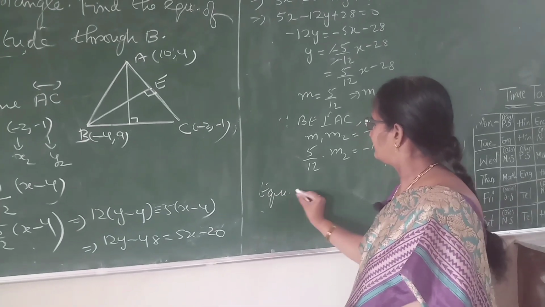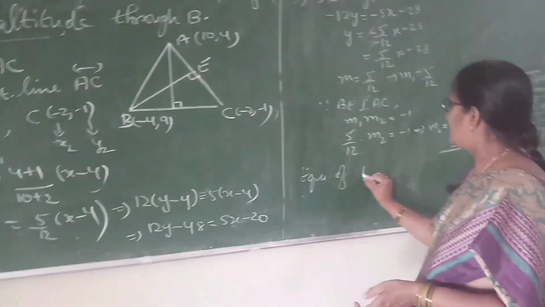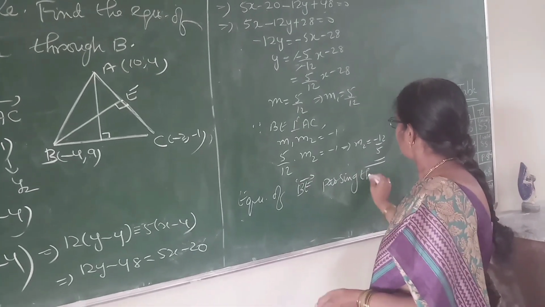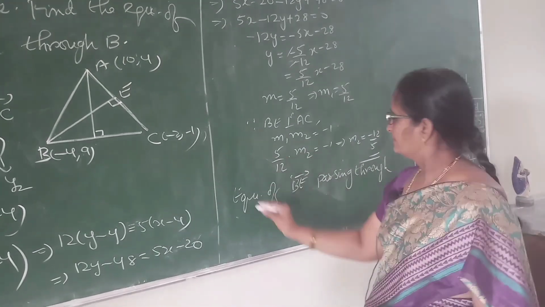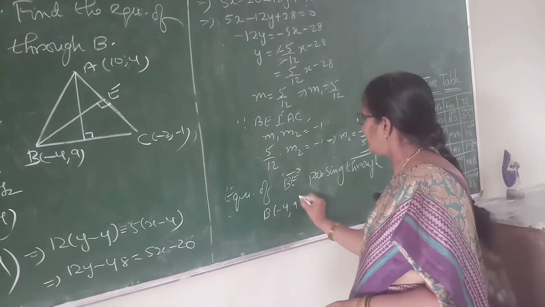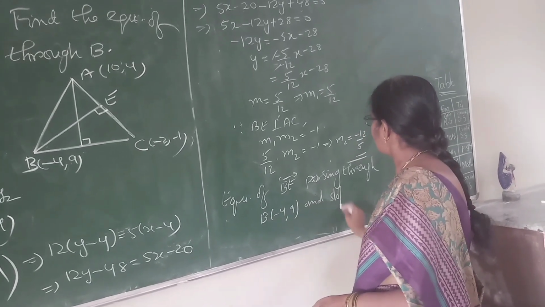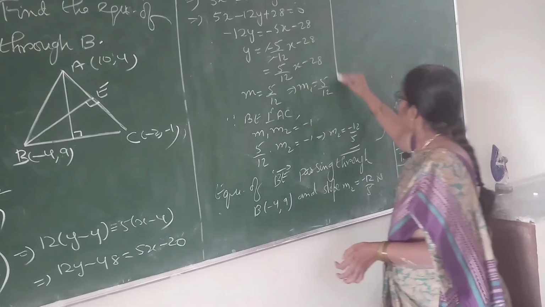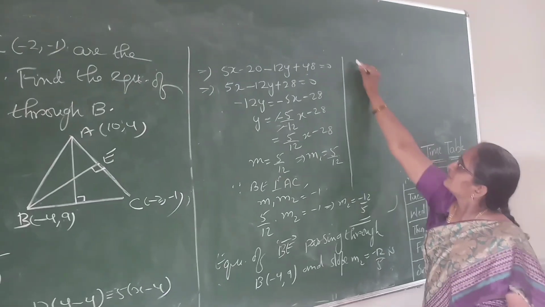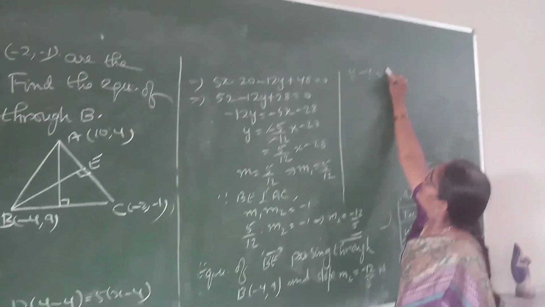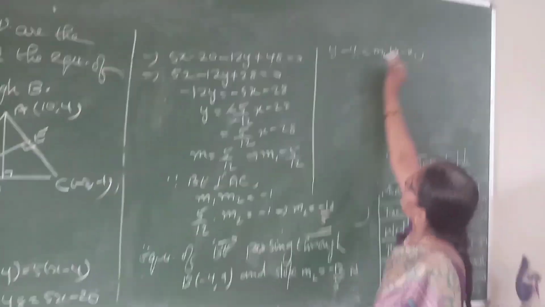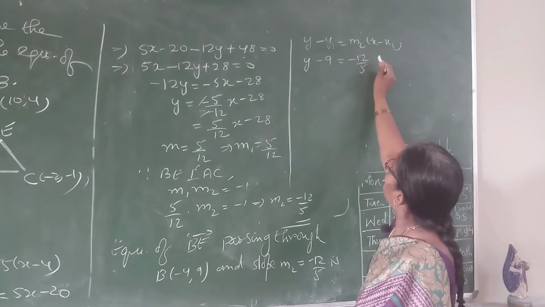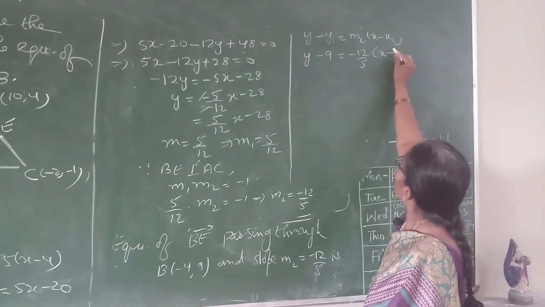Now, equation of line BE passing through B negative 4 comma 9 and slope m2 equal to minus 12 by 5 is, see here, y minus y1 is equal to m2 into x minus x1. So y1 here is 9, y minus 9, m2 is minus 12 by 5, x minus x1 is plus 4,